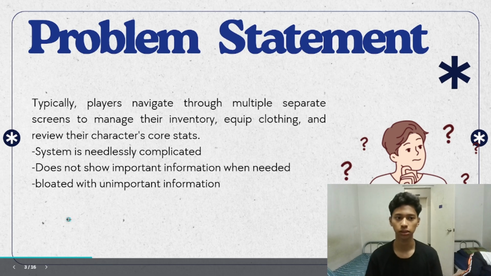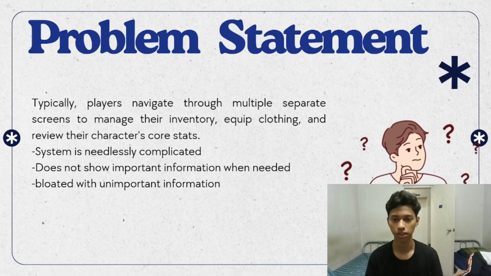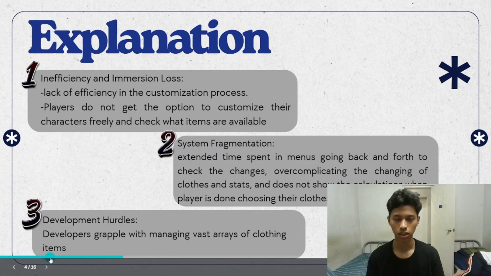Our problem statement: typically, players navigate through multiple separate screens to manage their inventory, equip clothing, and review their character's core state. The system is needlessly complicated, does not show important information when needed, and is bloated with unimportant information. So the explanation here is, the first: